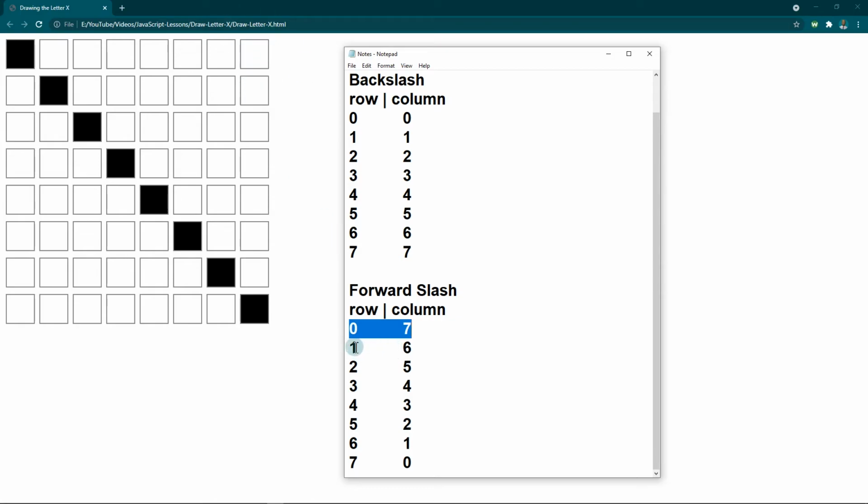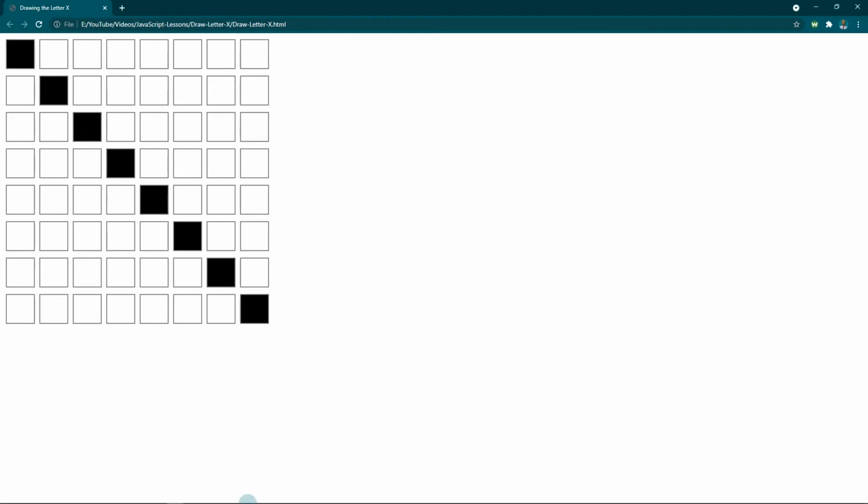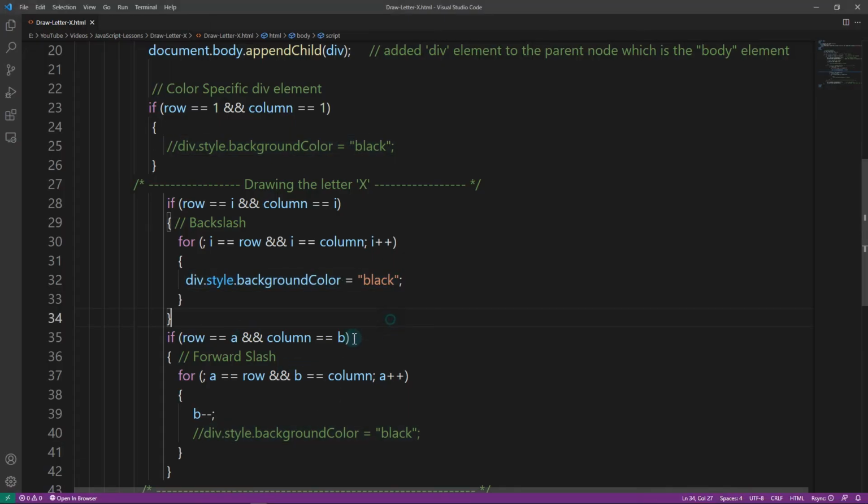And the next one will be 1 and 6. So row 1 here, column 6. See how 7, then 6, and 5. So you know that it's decrementing by -1. So you gotta remember that too in your head. So let's go to the code here,